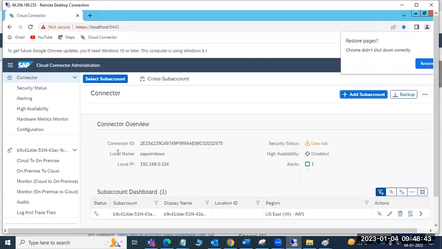So this is the cloud connector. Here, just click on add sub account.